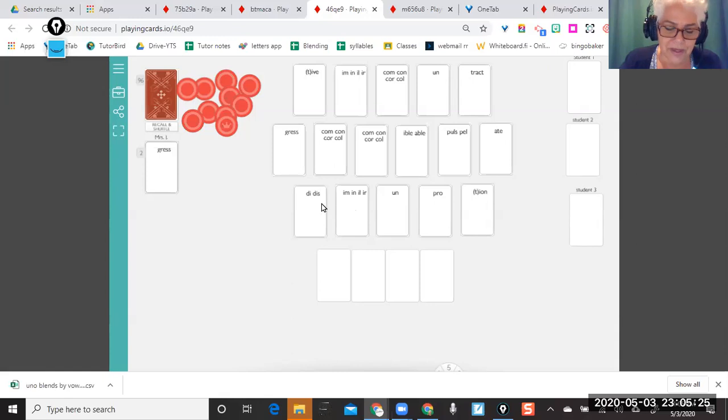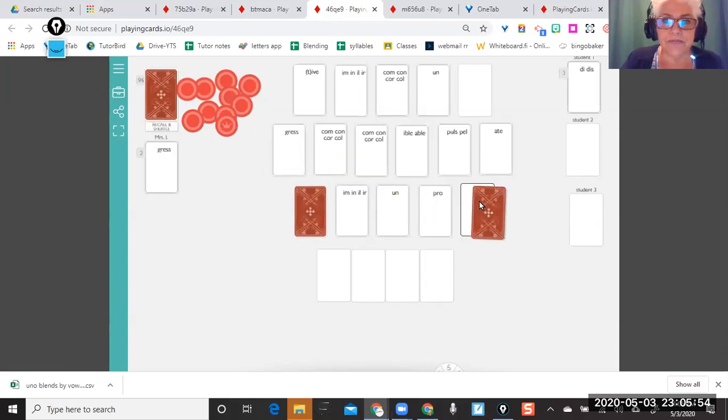Distraction. So here we go. And I see, okay, my tract is to pull. So if I'm going to have a distraction, distraction is something that pulls my attention away from what I'm supposed to be doing. And with this, even for my advanced students, it's a tough game, but we work together and try to make words out of it. And it's more of a chance for me to talk about the affixes and what they mean and how they work together, and how we've got these chameleon ones that change their spelling depending on what's next to them,